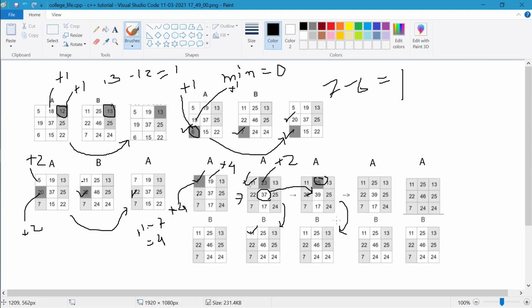After doing so, you will get this one. Okay, now you are left with two elements. Now again we are left with the two elements. If you find those two elements,